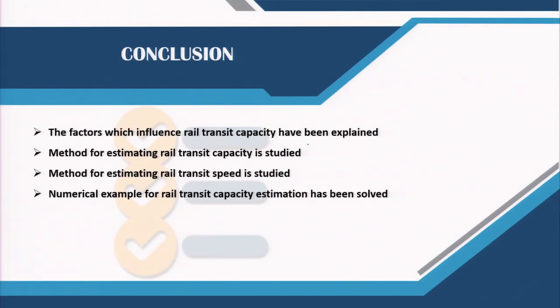So, in conclusion, we have explained to you in detail how to calculate the capacity of your bus transit line and also the capacity of your rail transit line, and what those capacities depend upon. Bus capacity depends upon your loading areas, not only the number of loading areas, but also loading area capacity, which may in turn depend upon the dwell time. Similarly, in case of rail transit, you saw that the controlling headway is something that will affect your line capacity as well as person capacity.